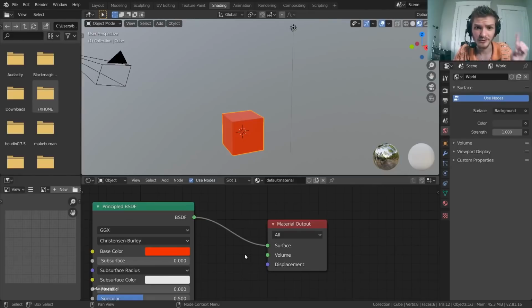But since we have Node Wrangler, the fast way to do it is you hold Control and then right-click and drag to cut. So again, Control, click and drag to cut. This works if you have multiple connections. So I'm going to draw a line passing through all three of them. And now that's gone. And then for a fast connection, so instead of doing this, what we're going to do